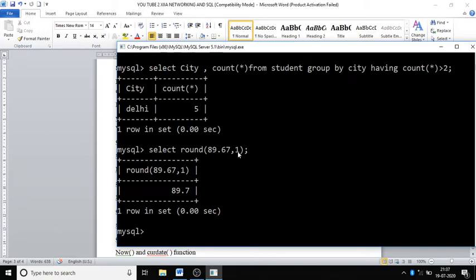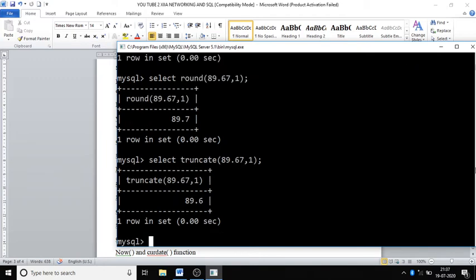So in this we have to take decimal place 1, that is 6. Next to the 6 is 7, which is greater than 5, so 1 will be added to the previous digit. But in truncate function it is not so. In truncate it will just cut down. This 89.6, it hardly matters if the next digit is 5 or greater than 5.